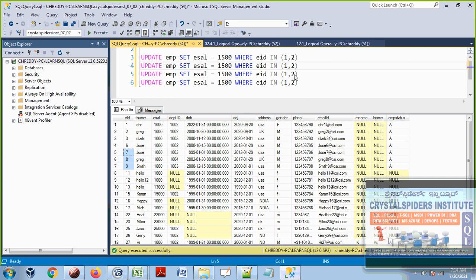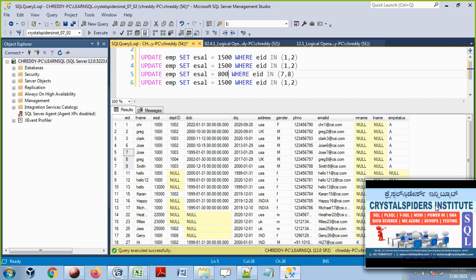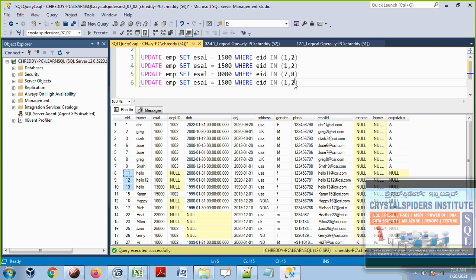For employees 7, 8, 9, I will put 8000, and for 11, 12, I will put 6000.